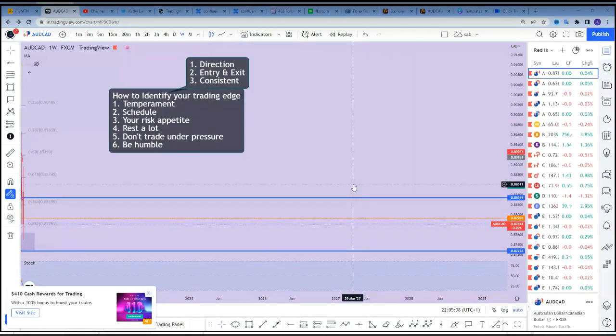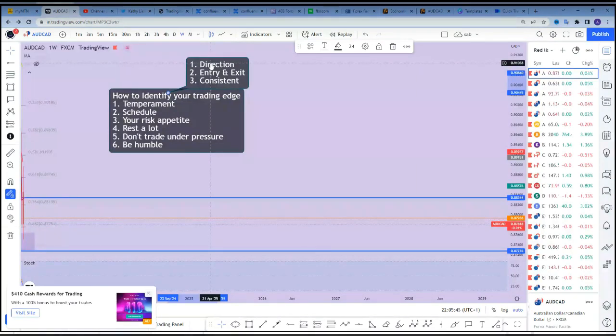Now we're going to be talking about how to create your own strategy. How to figure out your own strategy. And that was why we started this session by talking about what makes a strategy successful. We've talked about the fact that the first thing that makes a strategy successful is the direction. Any successful strategy must show you the market's direction. It must show you the entry and exit.